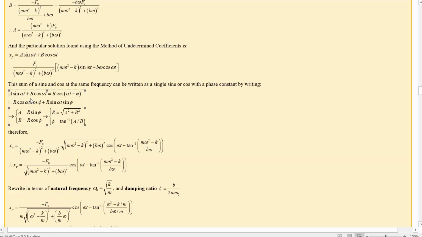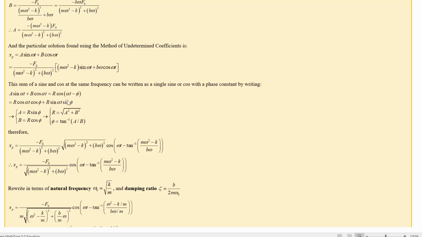So A sine alpha t plus B cos alpha t for any A and B, if it's the same alpha, can be rewritten as a single thing there, where R turns out to be equal to root A squared plus B squared, and the phase constant, phi, is the arctan of A over B. To see that,